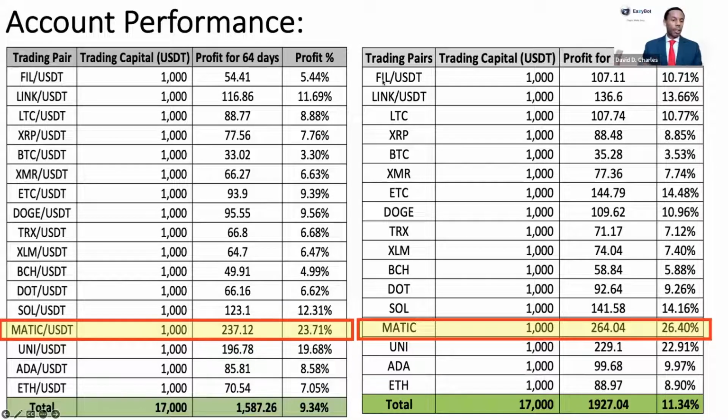So the market's going up or down, and it's going up or down in some variance of a percentage. What I mean by that is you may have a coin that started trading today at $100, and it's trading between, say, $105 and maybe $95. That's the variance that you're seeing it trade at, over a couple of days. And EazyBot's looking at those ups and downs as opportunities to either buy or pick up additional positions. When we pick up additional positions, we're selling off portions of those positions and taking a piece of that profit to lower the average price.